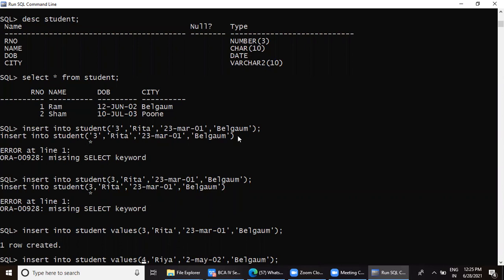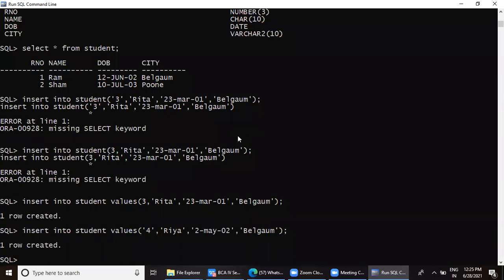This time let me give single quote just to show you that even single quote will be allowed for numeric. So it was not a problem of single quote, it was with the word values. This is how we entered again 4 rows here. So this is one method.